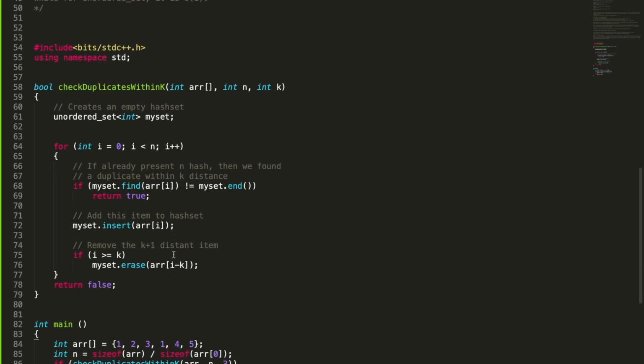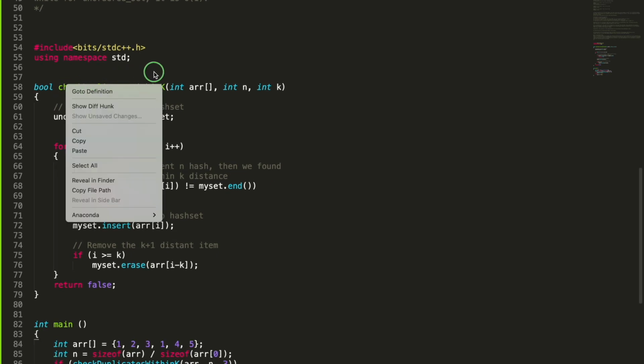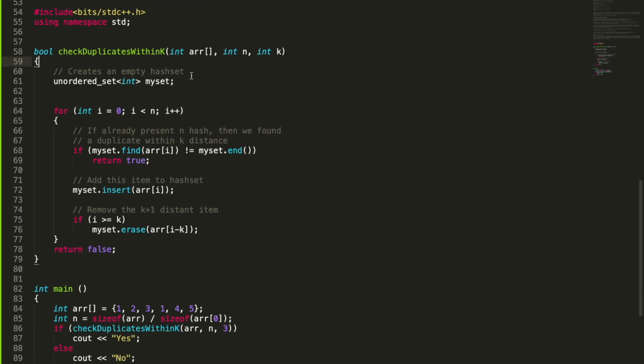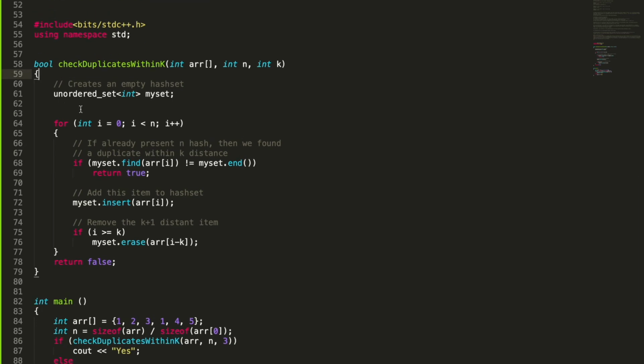So this is our check duplicates within K function, which is obviously a boolean type, and we are going to take as input our input array, the size of the array, and the window size, which is 3 here. Then we are going to create an empty hash set. We have used unordered set here, and the name we have kept is my set.